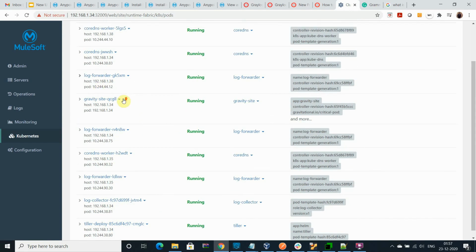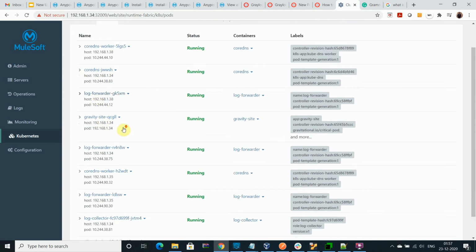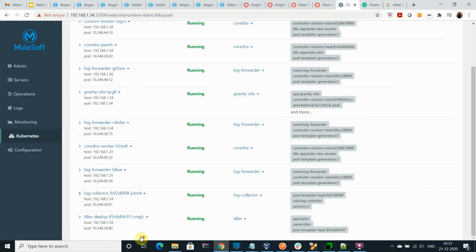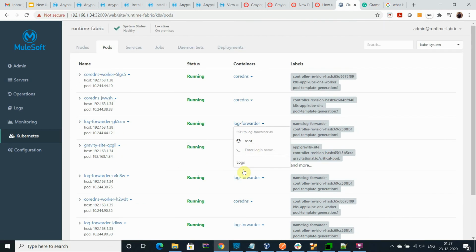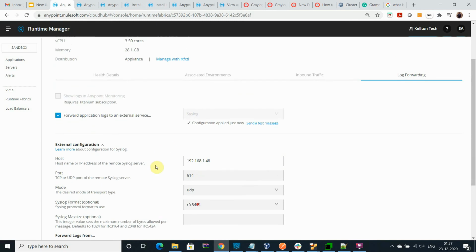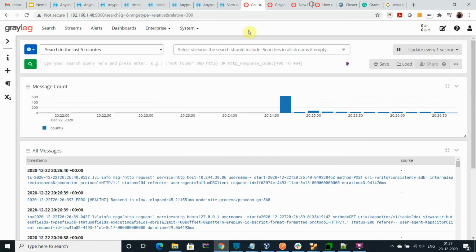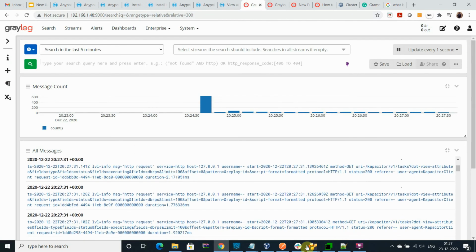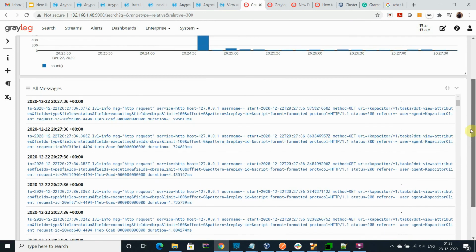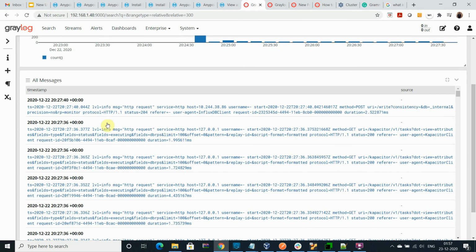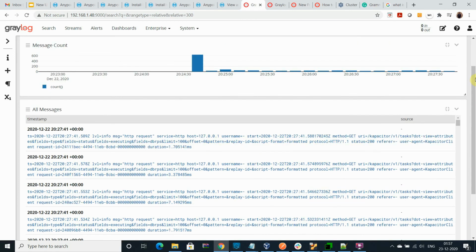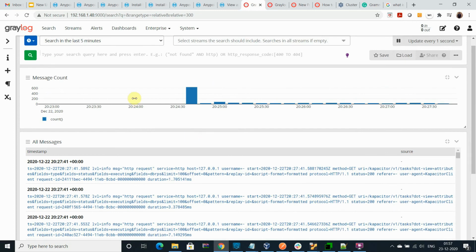Everything you can get, the Gravity log forwarder. Every log you can monitor from here, or you can configure from here and send to the external tool, and monitor from there. It's all based on the configuration or requirement you have to perform or enable in your platform.